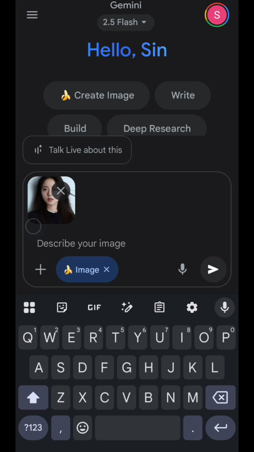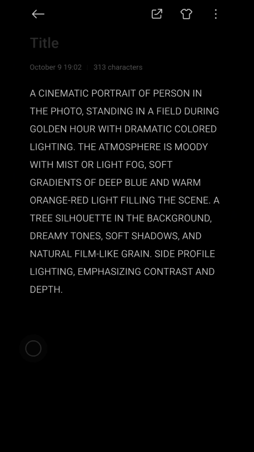And then now let's type a prompt. Before, I already prepared one prompt like this. This prompt will give your photo a cinematic, moody, golden hour vibe with a balance of warm and cool lighting, and it's just like a film still. From here you can copy my prompt directly, or just feel free